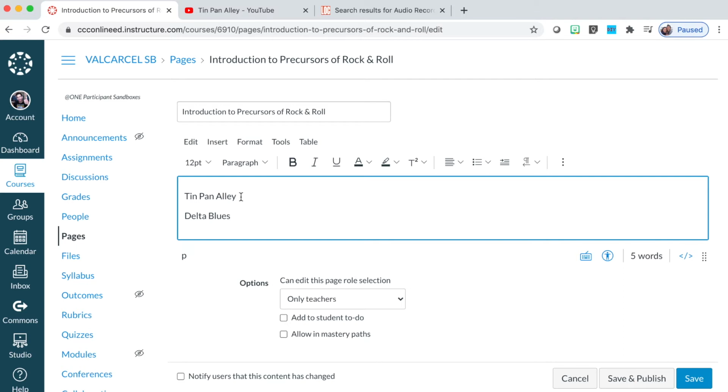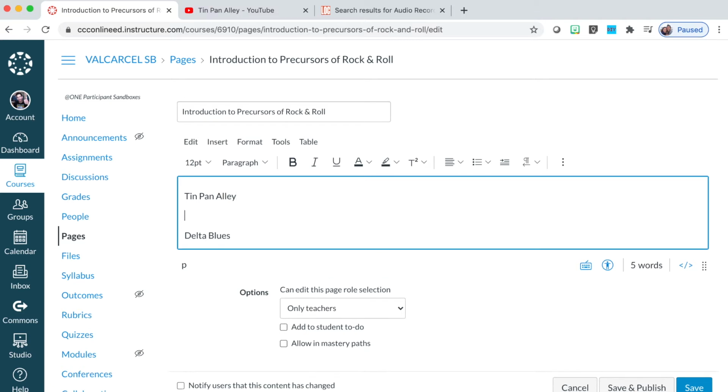But first I'm going to go back and put the cursor to the right of my first heading, Tin Pan Alley, and hit the return button. And this is where I will begin to write out my first paragraph that will be under that heading.